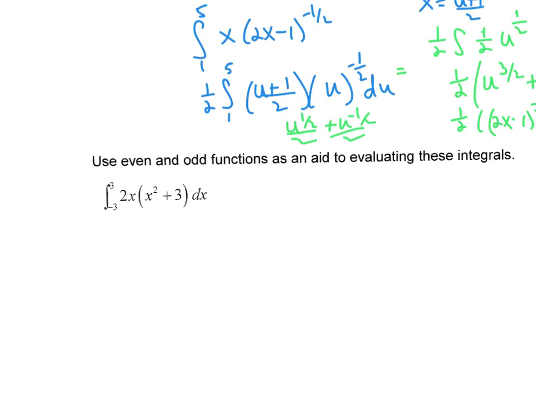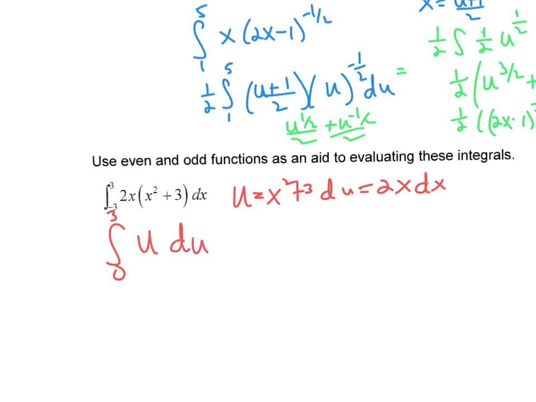Thinking about the fact that technically if you go from 0 to 3, it should match, if it's even, the right side of the equation. So what we're going to do is plug in the same way we did. So u is going to be x squared plus 3, and du is going to be 2x dx. So we end up with just u du. And what happens is if you integrate that, you get u squared over 2 between